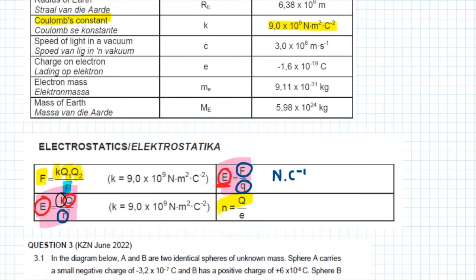Lastly, we have a formula that was taught to you in grade 10. Another way of representing this formula is to say Q is equal to nE, or you may even recognize nqe, where qe is the elementary charge. e can be found in the table of constants, and it is just the charge on an electron, given as negative 1,6 times 10 to the negative 19 coulomb. n is the number of electrons, and Q is charge measured in coulomb. So these are the formulae that are available to you, and you will use them together with the table of